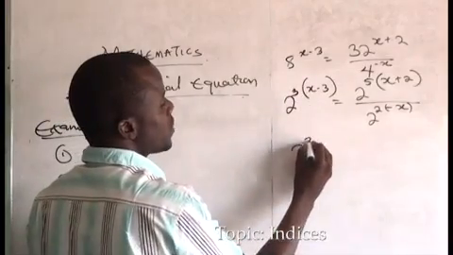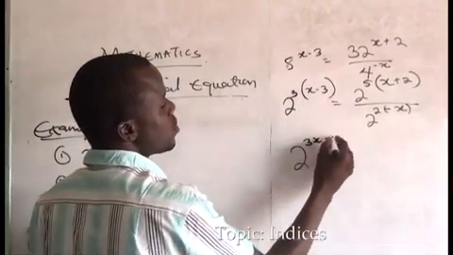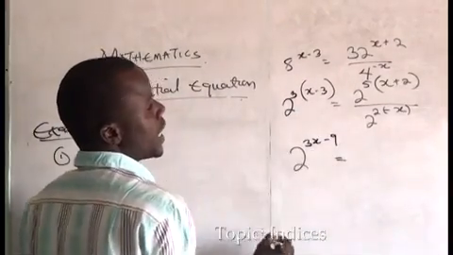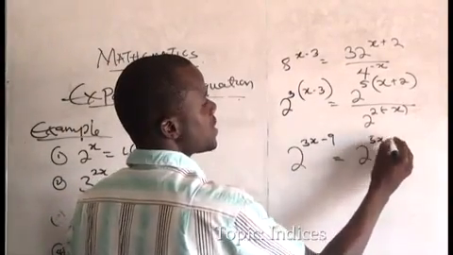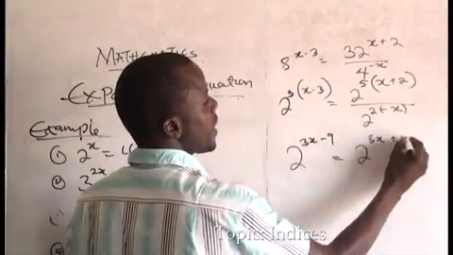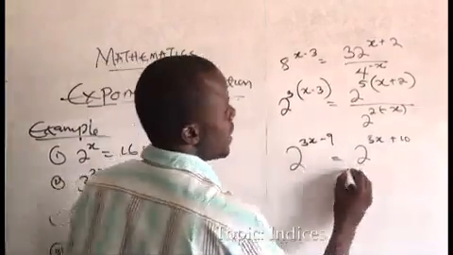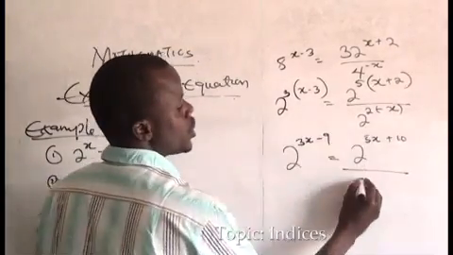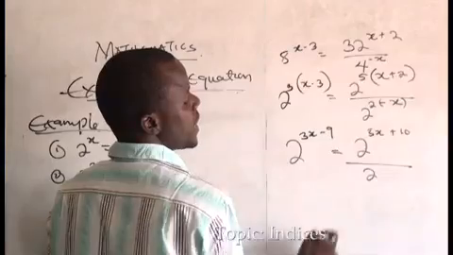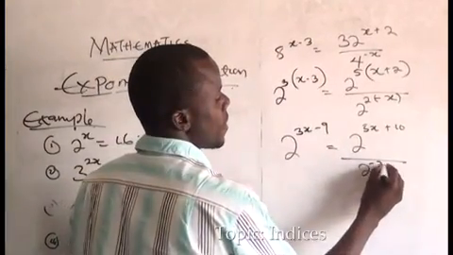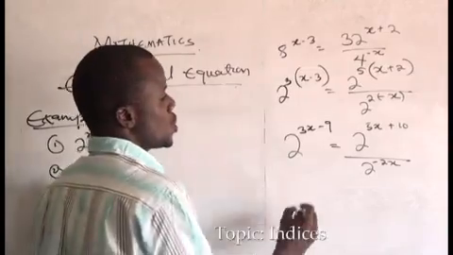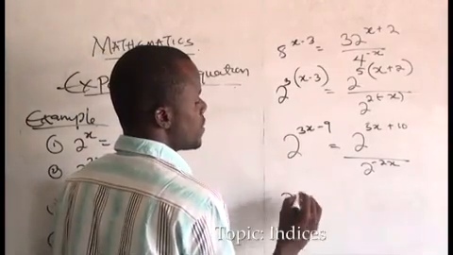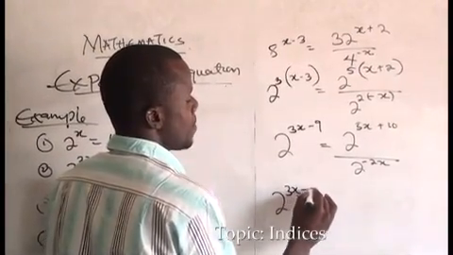3 times x, we have 3x minus 3 times 3, which is 9. This equals 2 to the power of 5 times x, we have 5x plus 5 times 2, we have 10. Then divide by 2 to the power of 2 times minus x, which is going to be minus 2x. So now, as we have this also, then we can now say 2 to the power of 3x minus 9